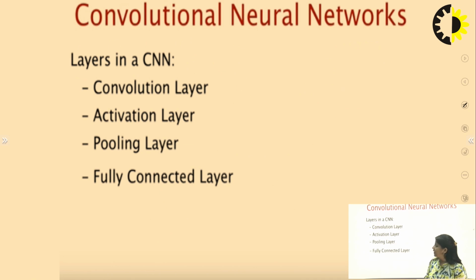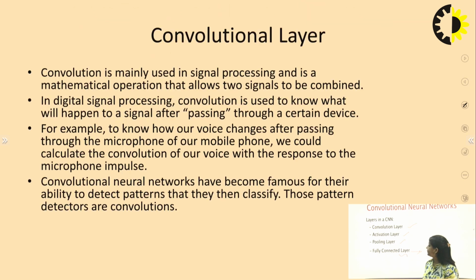So what are the different layers in CNN we have to use? The first layer I already told you, that is the convolution layer. Second is the activation layer. After convolution, we have to apply some activation function over that information or pixel image, then the pooling layer, and then the fully connected layer. Each and every layer is very important, and after the fully connected layer, we find the final image, final pixels, so that we can identify the image.